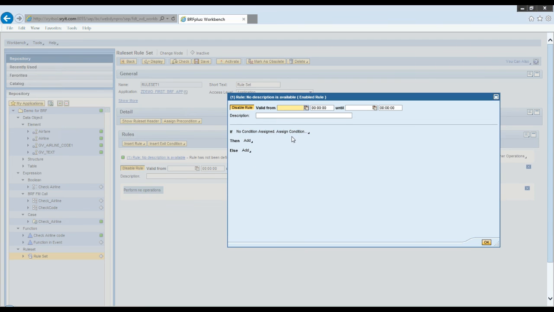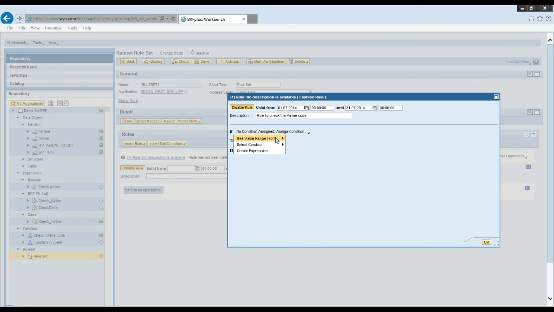So let me do the same thing we just did. I would say it should be valid from 1st of July to 31st of July. The description is rule to check the airline code.